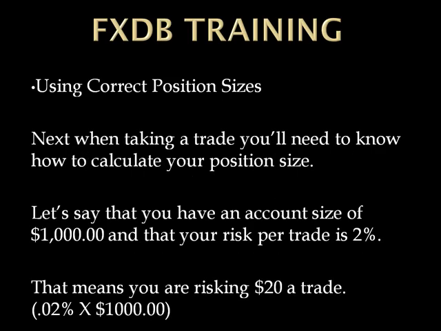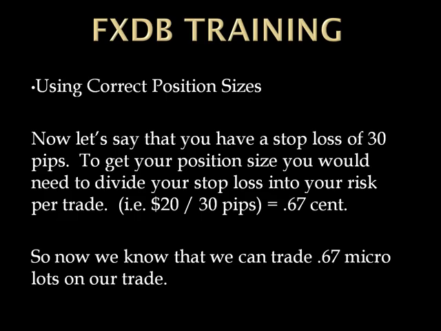When we're using correct position sizes, next, when we're taking a trade, we'll need to know how to calculate our position size. Let's say that you have an account size of maybe $1,000 and that your risk is 2% per trade. That means you're risking $20 a trade, and that's 2% times 1,000. Now let's say that you have a stop loss of 30 pips. To get your position size, you would need to divide your stop loss into your risk per trade. For example, the $20 is divided by the 30 pips, and we get 67 cents. So now we know that we can trade 0.67 micro lots on our trade,